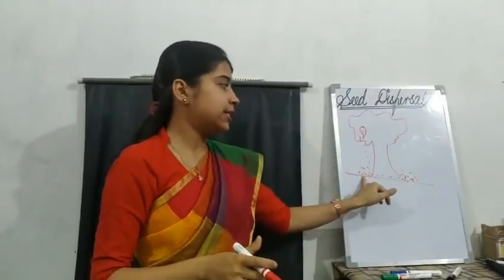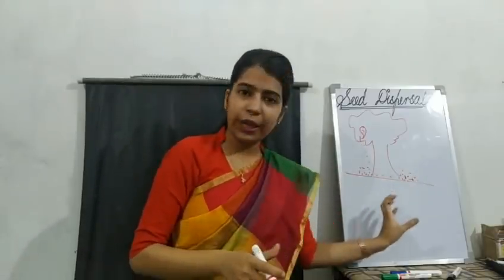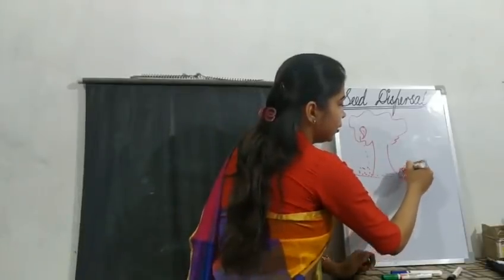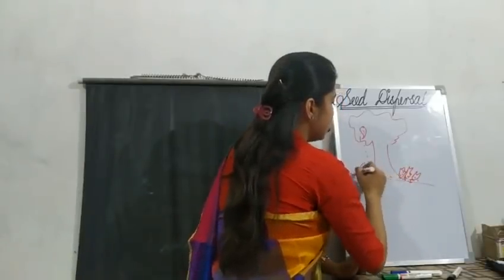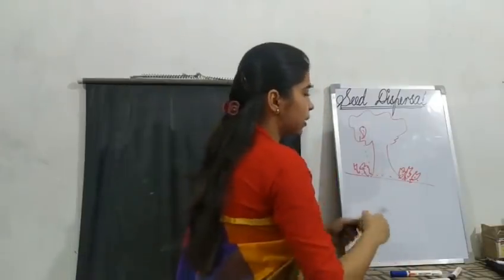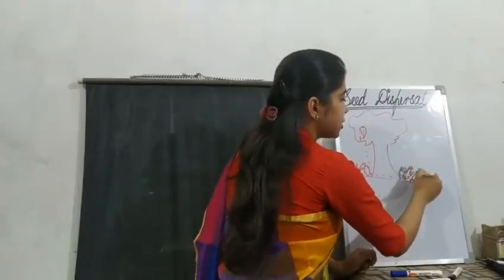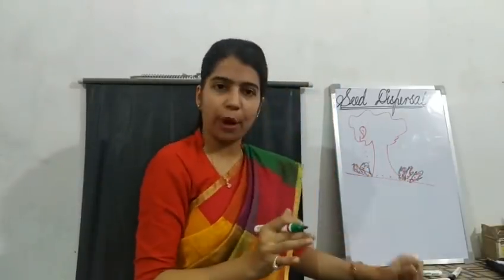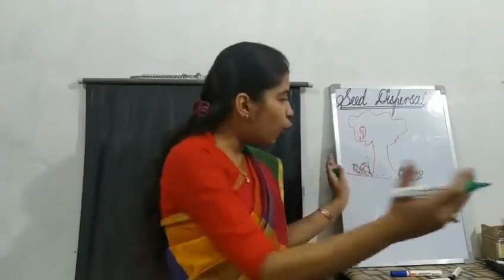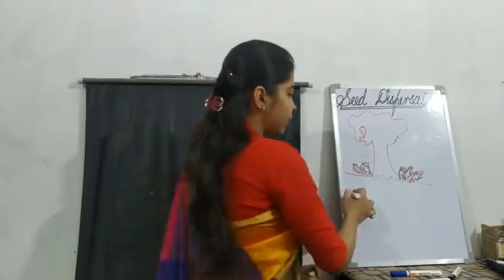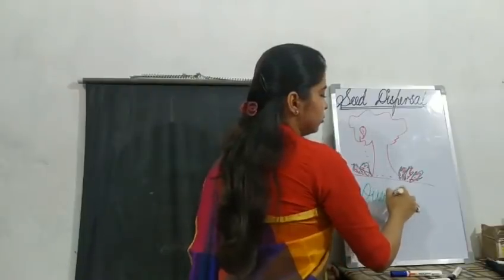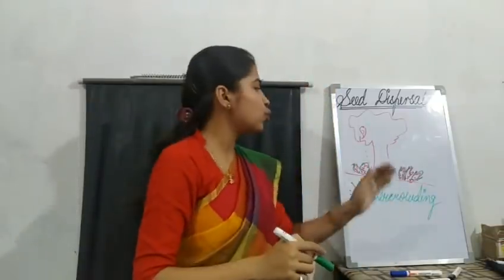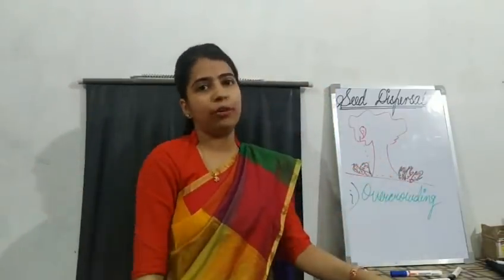All of these seeds will get overcrowded, and the new plants that will come out will be very near and won't get sufficient space to completely grow. They will all grow near this tree only, so they will not have sufficient space to grow properly. They will be overcrowded at one place. The first condition is overcrowding. They all will gather, and there will be overcrowding of the seeds and the plants.